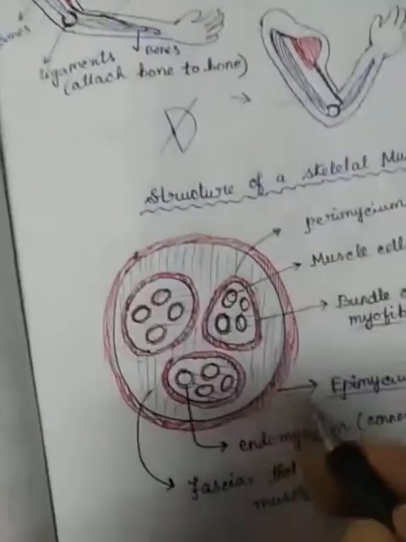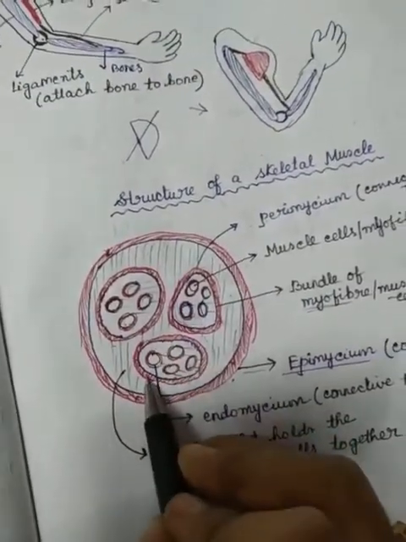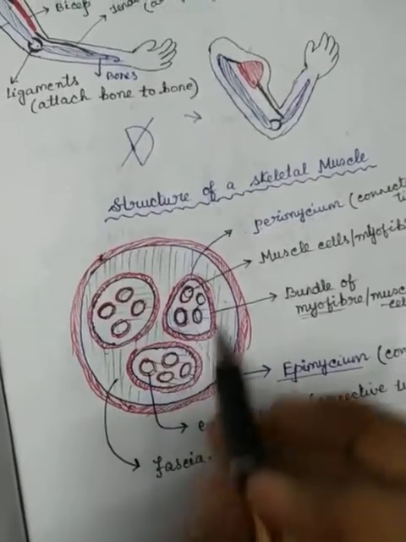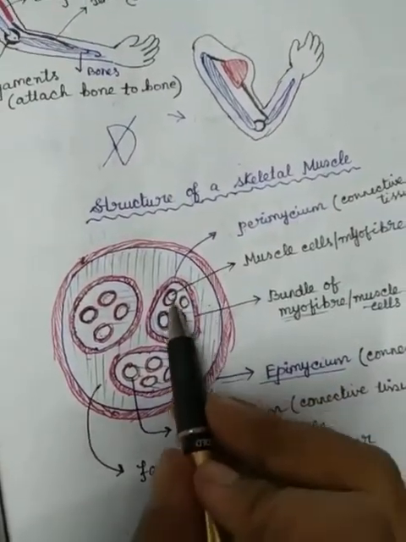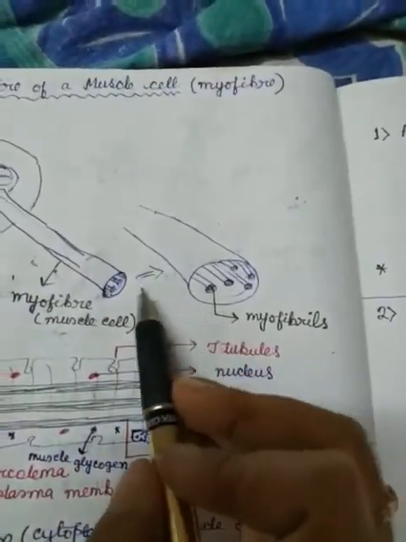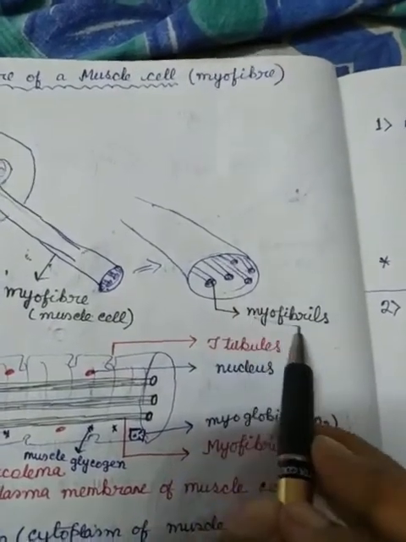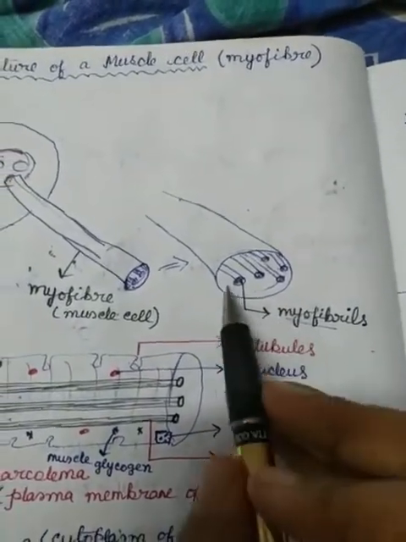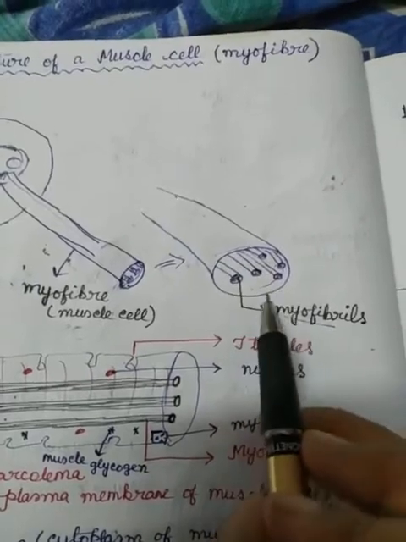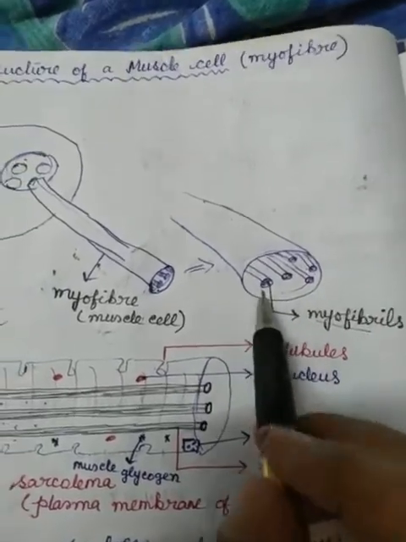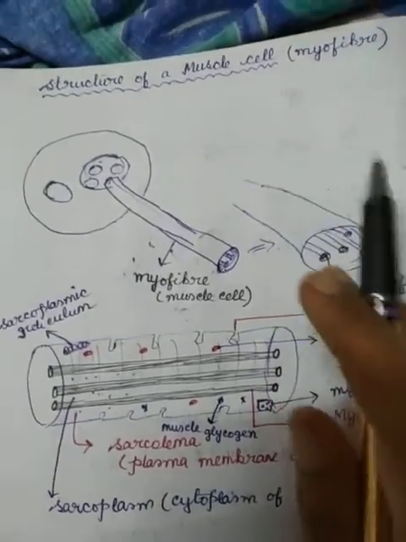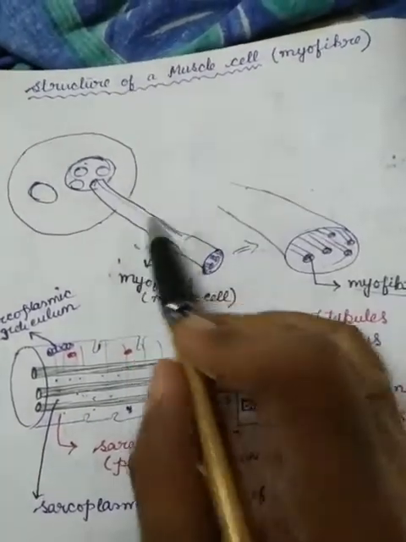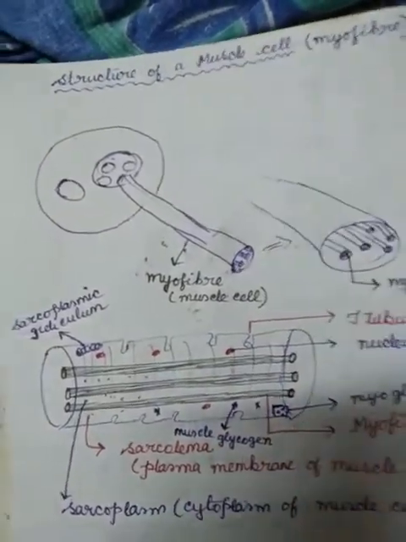So within the muscle, we have found bundles of muscle cells. Within the bundle of muscle cells, we have found the muscle cells or myofibers. If we pull out a myofiber, or one muscle cell, we find that within it several myofibrils are present. Myofibrils look like a packet that contains different cigarettes. Same, just look like this. Now we have to discuss the general structure of this entire muscle cell, the myofiber.